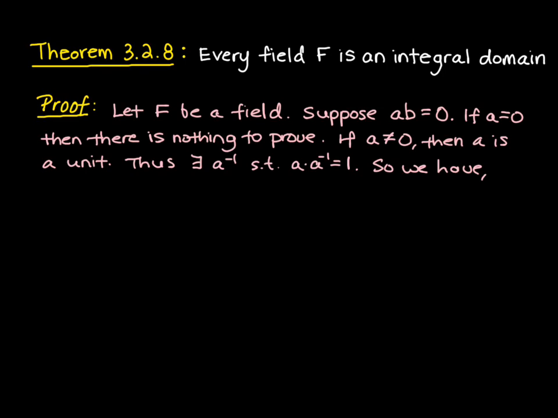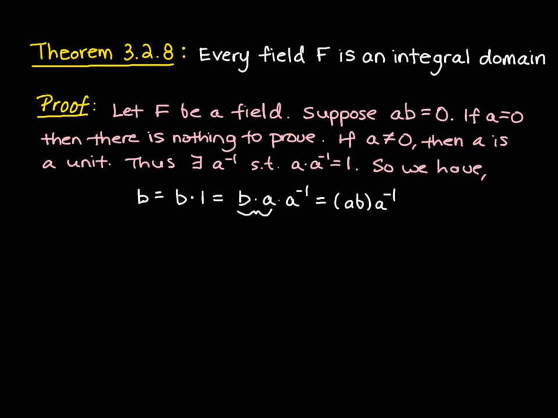If we consider our element B, that is equal to B times the identity. We haven't changed anything there, but we've just stated that we can rewrite 1 as A times A inverse. So we'll replace this 1 here with A times A inverse. Now if we look here, this B times A, that's going to be equivalent to 0. And the reason that I know that B times A is equivalent to A times B, so I'll write that first,